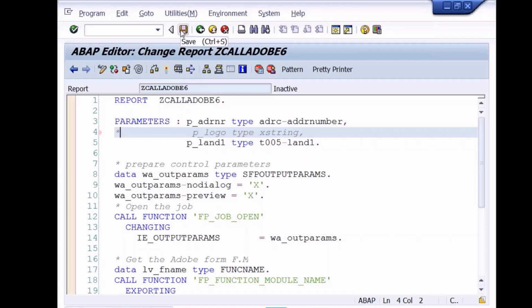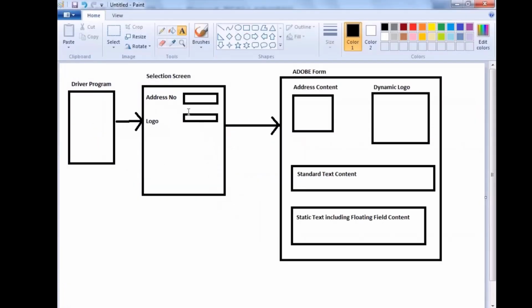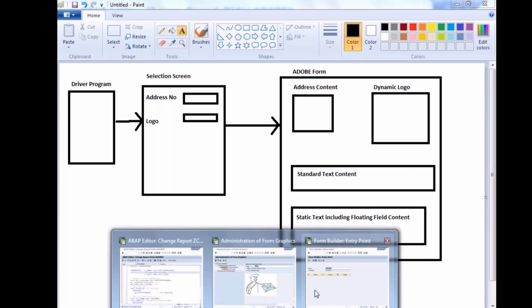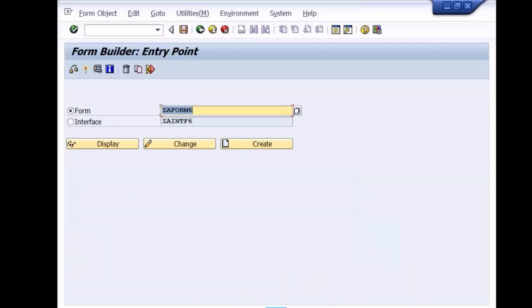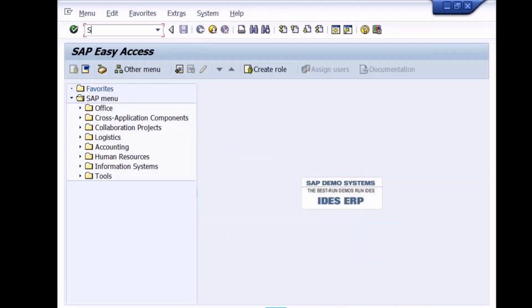Yeah, when I run my program, I'll get what? Selection screen where I'll enter what? Logo name. That logo we have to pass it to what? Adobe form. And in the Adobe form, what is the parameter which is carrying that? Existing. I_logo type what? Existing. So related to scripts and smart forms and Adobe Forms, there is a class